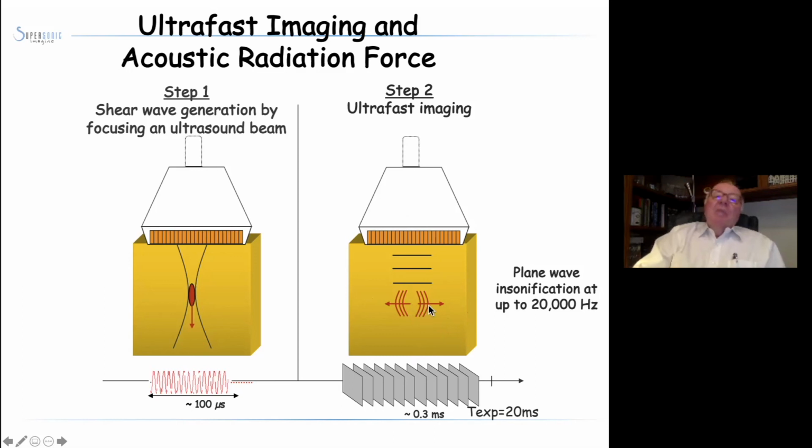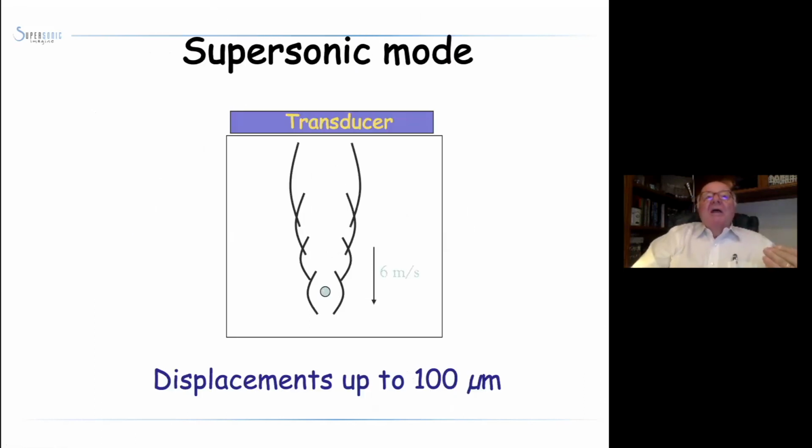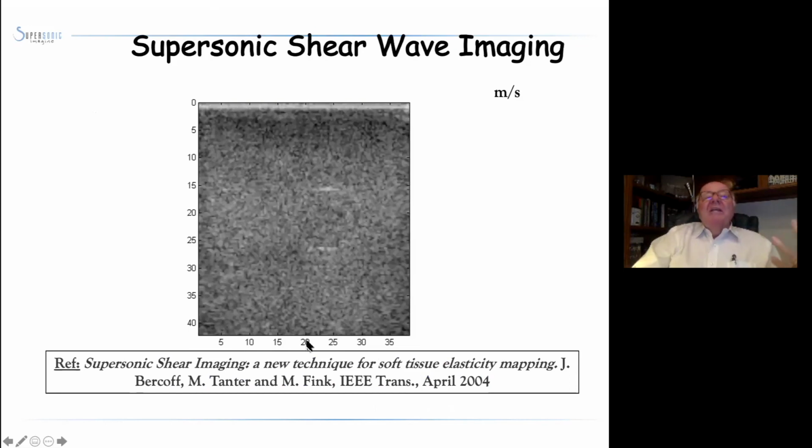And to measure the speed at which it propagates, we switch the mode of the transducer, where we launch a plane compressional wave at 1,500 meters per second. So this fast wave, 1,500 meters per second, helps measure the slow wave, 10 meters per second. The data is stored in the memory, and as you can see in here, this is a phantom with a